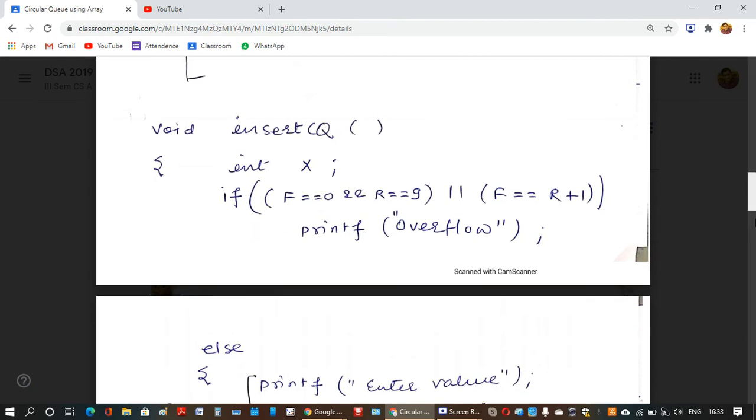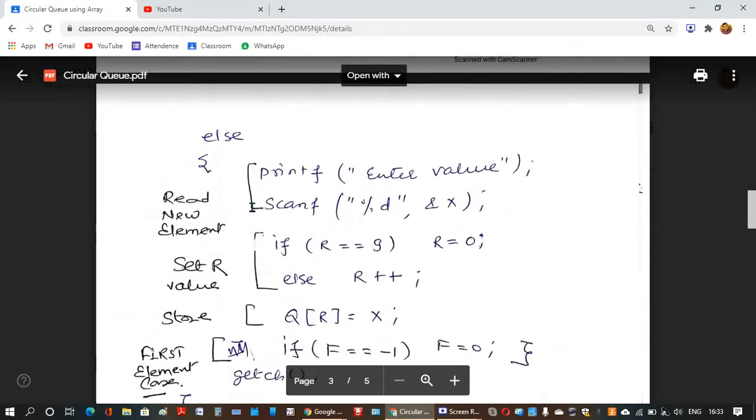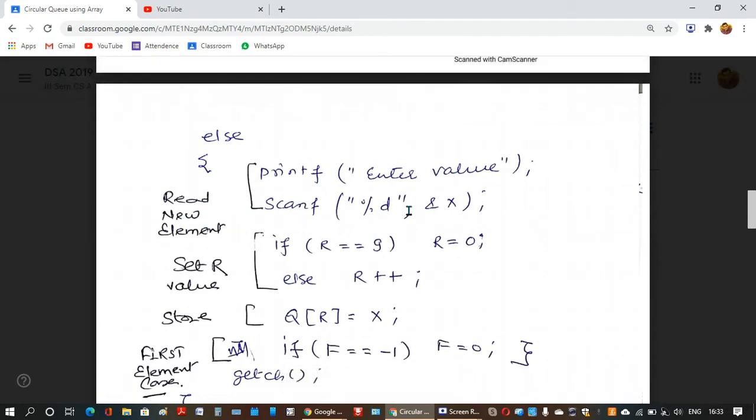Else, if it is not overflow, then we are going to insert the element. So I have read the new element: printf, enter the value, scanf, percent d, and &x. So I have taken the value. Now I am checking only for R equals 9.